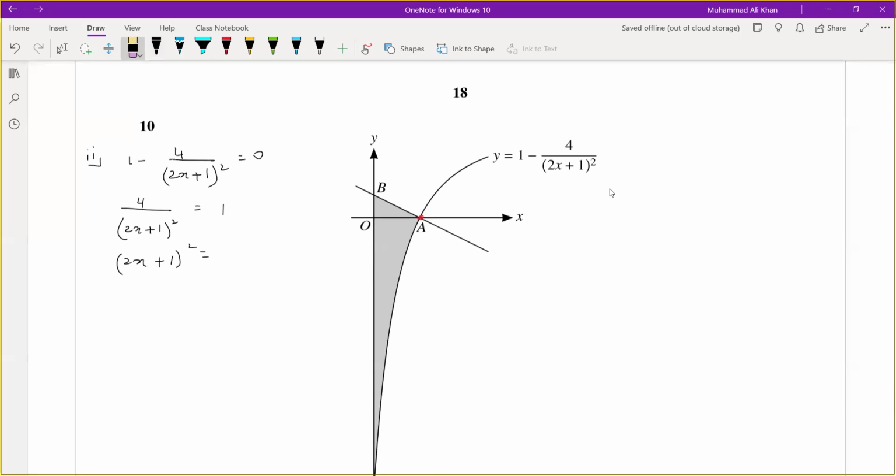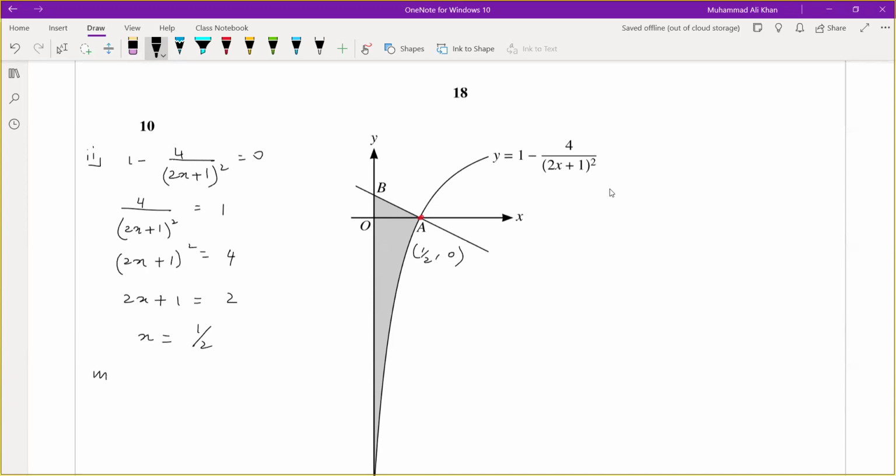No, it is 4 and 2x plus 1 equals plus minus 2. मैं सिर्फ प्लस 2 पिक कर रहा हूं क्योंकि a राइट साइड पर है. So x equals 1 upon 2. The value of x is 1 upon 2 and the value of y is 0. Now, after that,